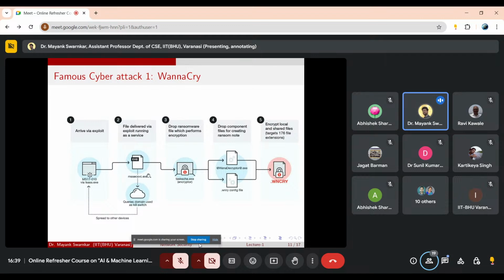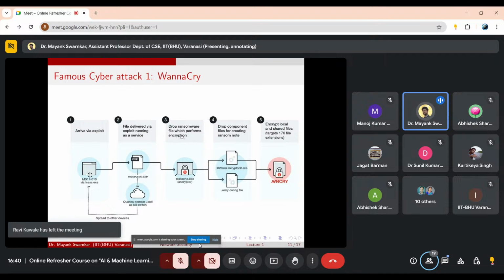MSSEC is the short form for some security service, but they have renamed it by modifying one word from the actual exe. So this file is now modified. Whenever it is queried, it is downloaded again. I am talking about one machine, but this can happen with thousands and millions of machines. Once they have downloaded it,